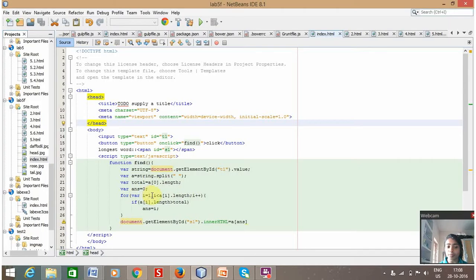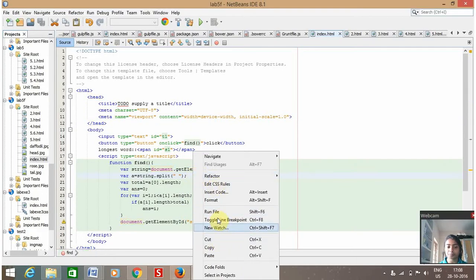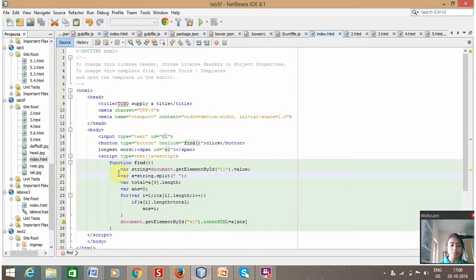The for loop starts from index 1. If a particular word is greater than our first word, and the loop goes on, then if it is greater, it gets stored in a variable called ans, and then the answer gets displayed in the span id s1. So here we get the longest word in our string, and our next question is a